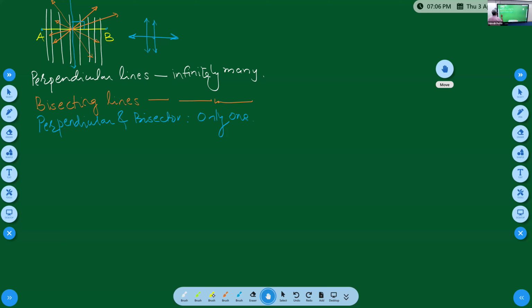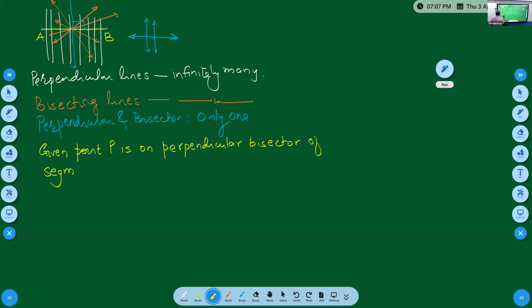So given point P is on perpendicular bisector of segment AB,